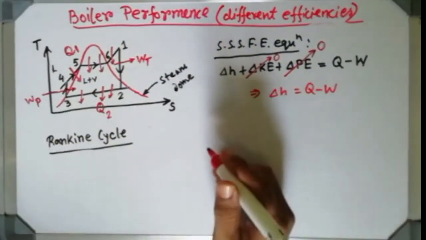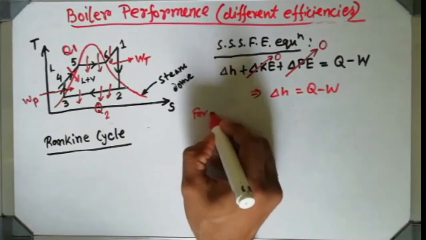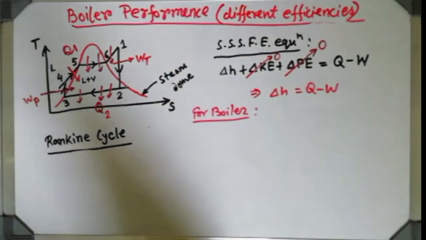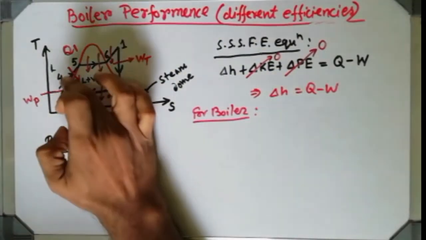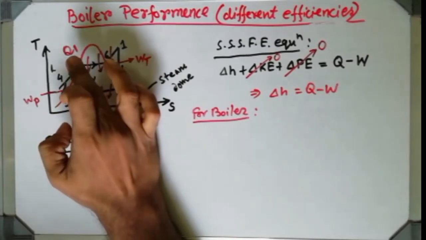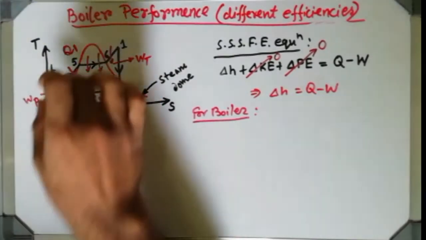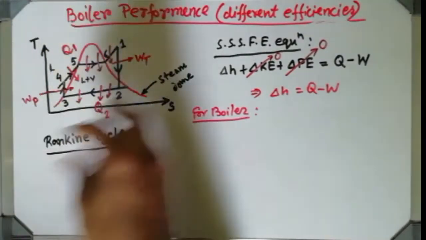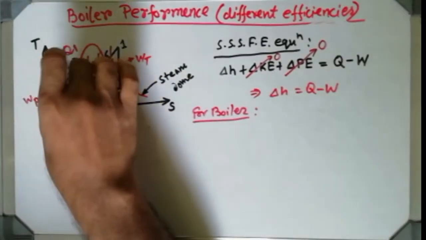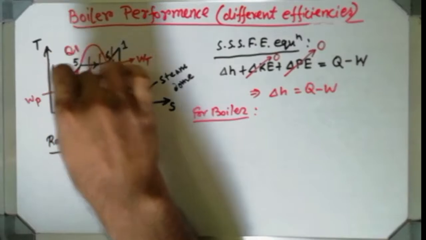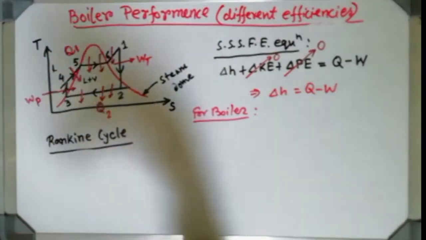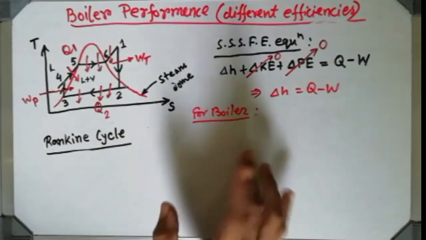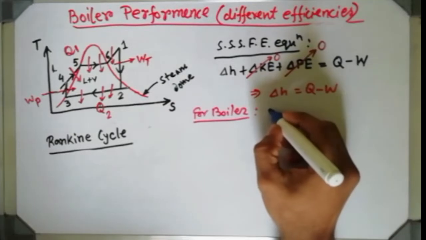Now using this particular equation, I am going to find out the work done, or maybe the heat supplied, for every one of the 4 devices. First coming to the boiler. So for the boiler, what we can see is what is happening inside: heat is being supplied to the boiler, because the economizer, superheater and boiler drum, all these 3 components are included inside the boiler. So I can consider the economizer, boiler drum and superheater, these 3 components, as constituting the boiler, because they are all integral parts of the boiler.